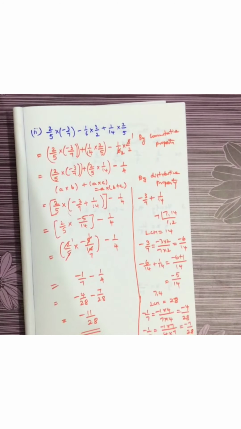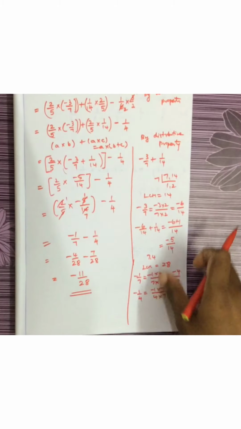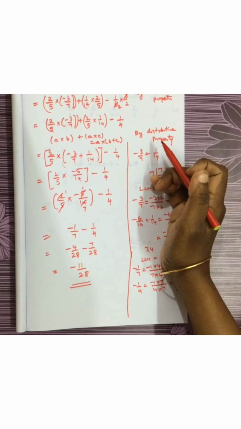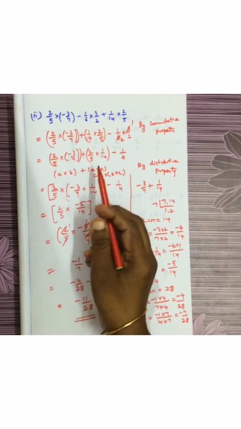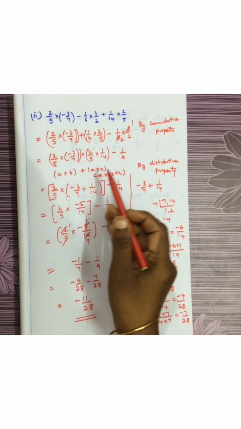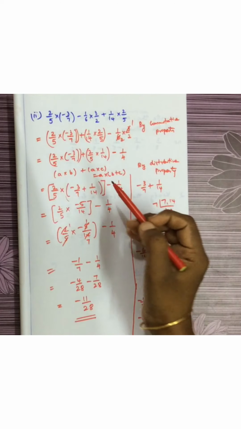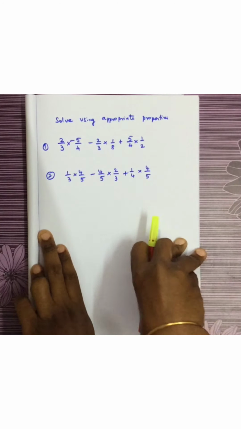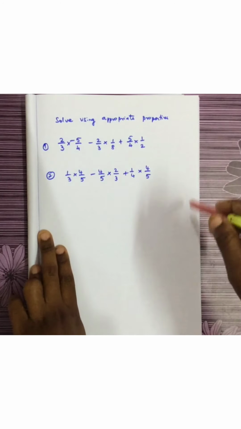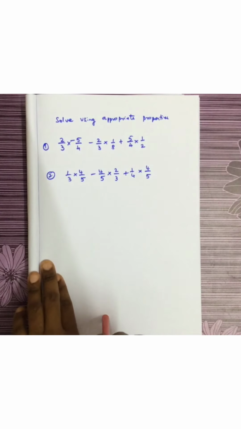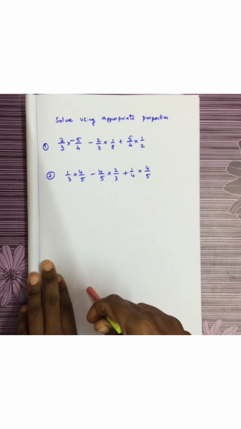Okay. So keep it in mind, when the question is asked to solve by using property, you should first try to bring it in the form of A multiplied by B plus A multiplied by C. Then you have to bring it as A multiplied by B plus C. Then you have to solve. Okay. Here I have given 2 problems for you to just try, and if you have any doubt you can ask me in the comment box. Just pause the video and copy the problems.